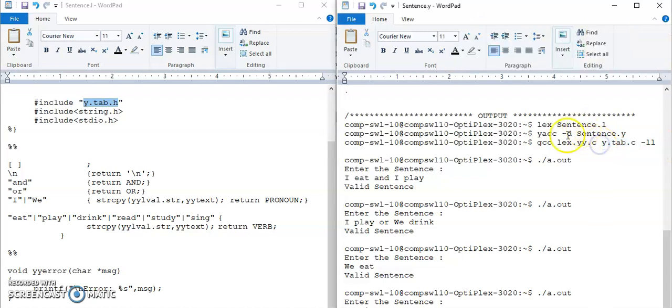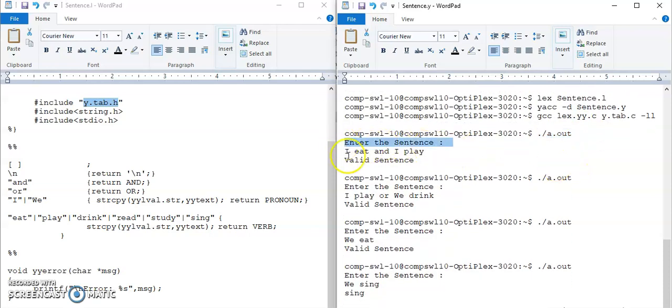If there are no errors, then these two files, that is lex.yy.c and y.tab.c, are created, which are C programs. So you have to compile them using a C compiler, cc or gcc. So give the command gcc lex.yy.c y.tab.c -ll to link these C programs with the Lex library. And if there is no error, then a.out is generated. So run the program using ./a.out. And then give the input, maybe a compound statement or maybe a simple sentence, and then accordingly the output will be generated.